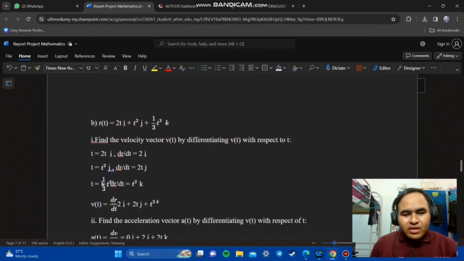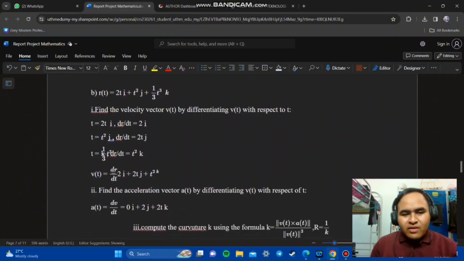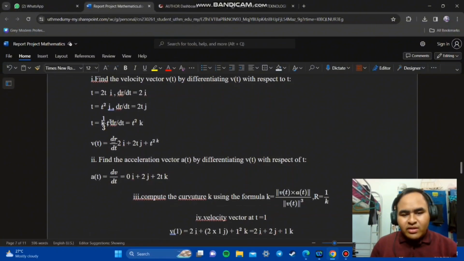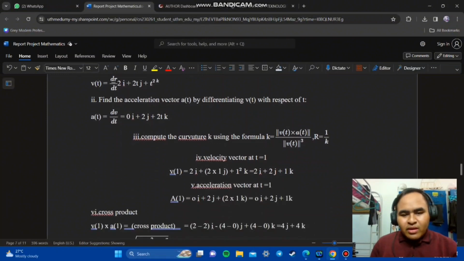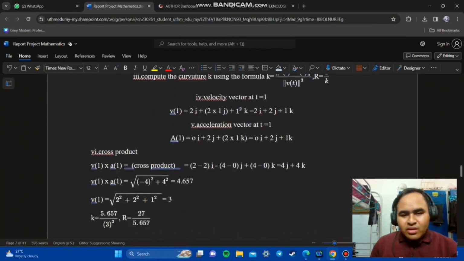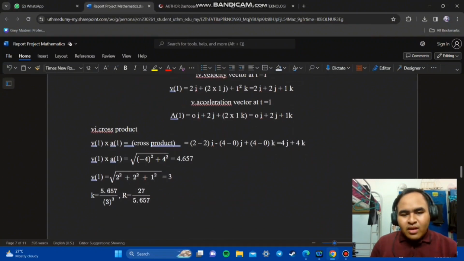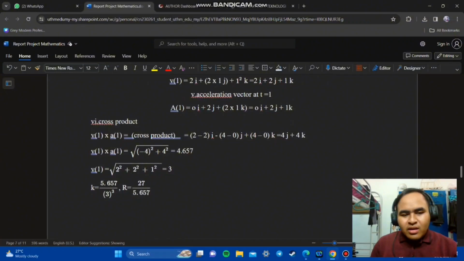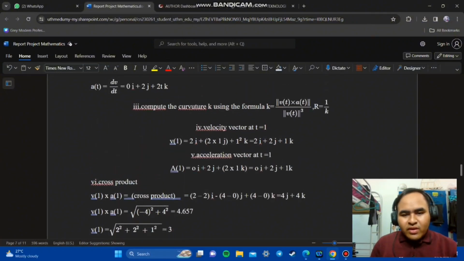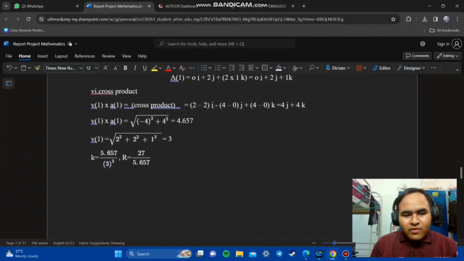First we differentiate the first equation to get the velocity vector, and we differentiate the velocity vector to get the acceleration vector. Then we compute and get the answer, which is 0i plus 2j plus 1k, and we make a cross product and use the formula with v for the velocity vector, and we get 5.657 divided by 3 to the power of 3 for k, and the radius is 27 divided by